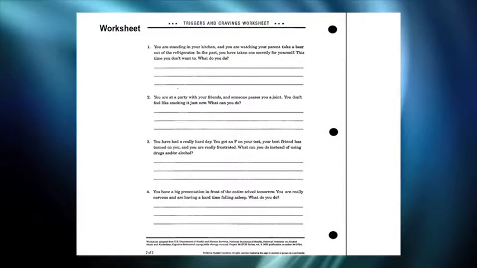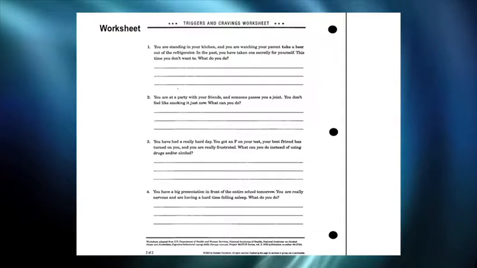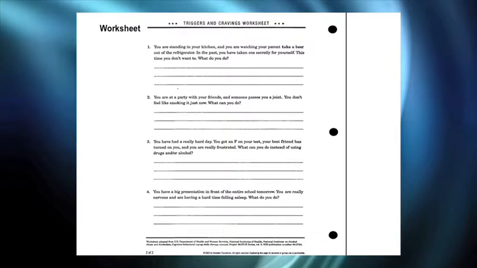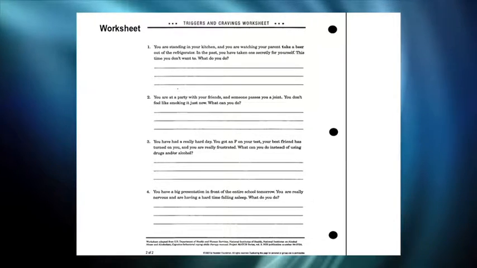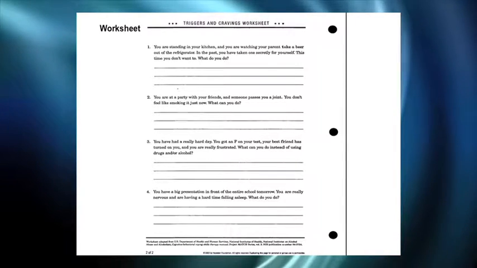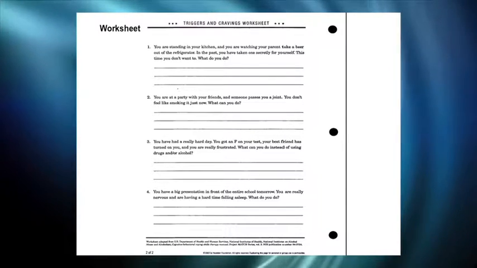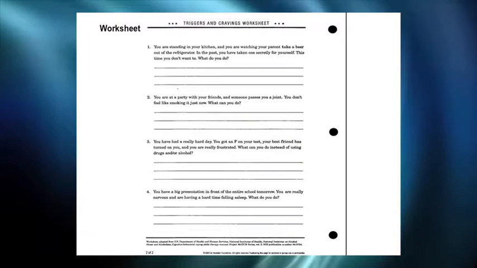Now, if you feel like you're not getting much from the teenager on this guided interview, you are welcome to use this worksheet of 4 scenarios, where we're providing a brief description of what's happening and seeing if you can get the teenager to discuss what they might do in that situation. These scenarios are set up to indicate a trigger or an opportunity for a craving to occur, and how would the person respond if they were trying not to use? Or how might they respond if they don't care about not using, and are okay to succumb to the trigger? There are 4 of them there.